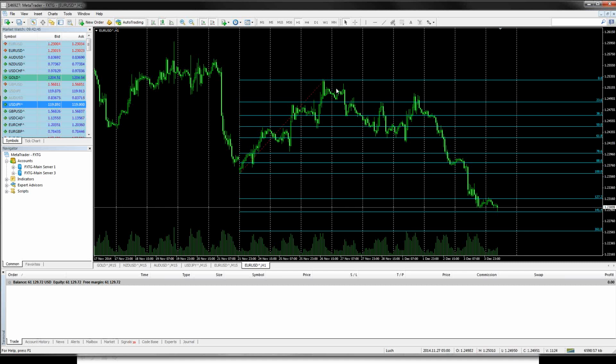Or what you can do is take it to the first reversal of 38.2, exit half of your trade, and let the price keep going down towards the 50, and at 50 maybe you can exit the whole trade. Or if you can close some more of your trade, move your stop loss to 38 and take the market all the way to 61.8 maybe. Does that make sense, Merv?